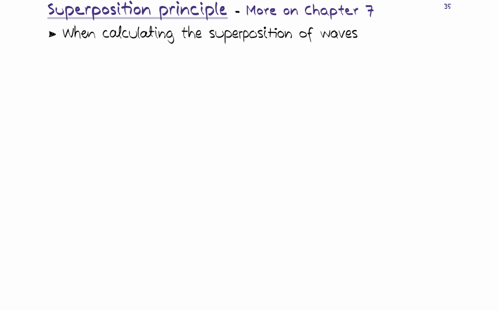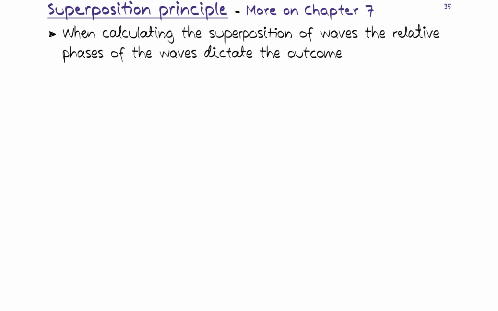And now let's go through the concept of interference and constructive interference and destructive interference. So when we are calculating the superposition of waves, what of course is the most important thing is what is the relative phase between these two waves. And this relative phase entirely dictates the outcome when we are summing these waves together. So if the phases are the same,